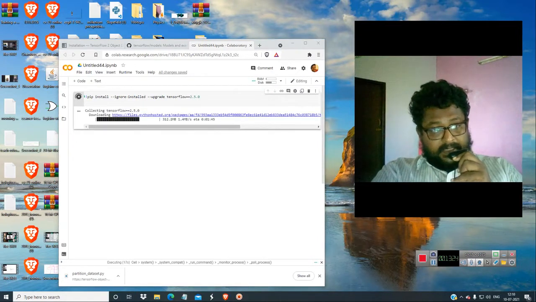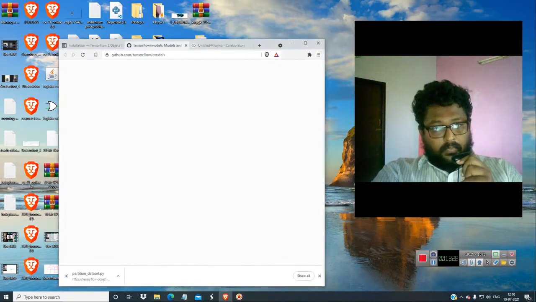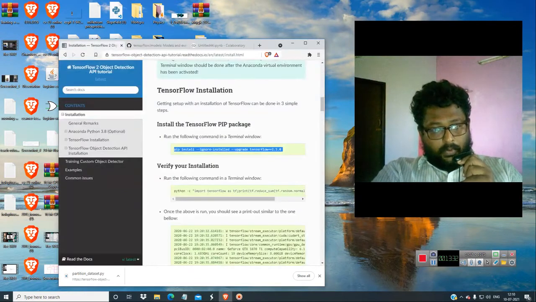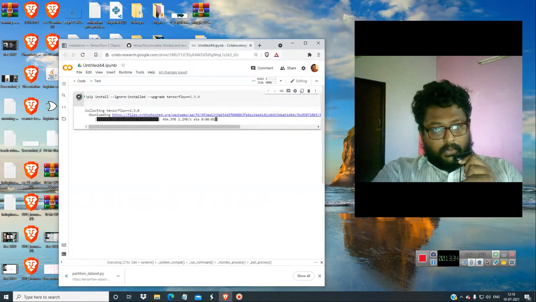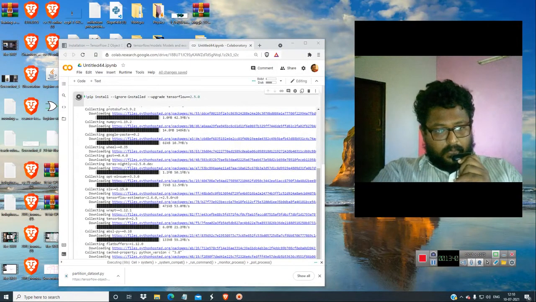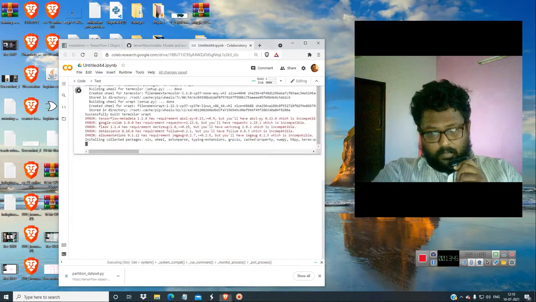Now TensorFlow is being installed. After TensorFlow is installed, we have to follow the procedure step by step, and I will show you how to do all those things. Only after this installation can you create the TF record. You have to remember that.